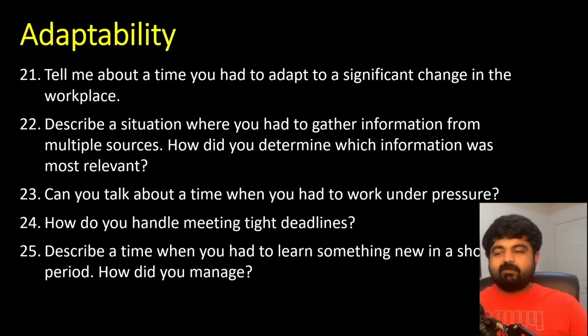So once again, if you have to learn something in a very short time, what is going to be the shortest way you can start learning about it? Maybe you reach out to different people and just start learning the relevant information instead of going through the whole thing. Try to fix it first and then go deeper into learning the whole thing on its own. So this can be one of the approaches.